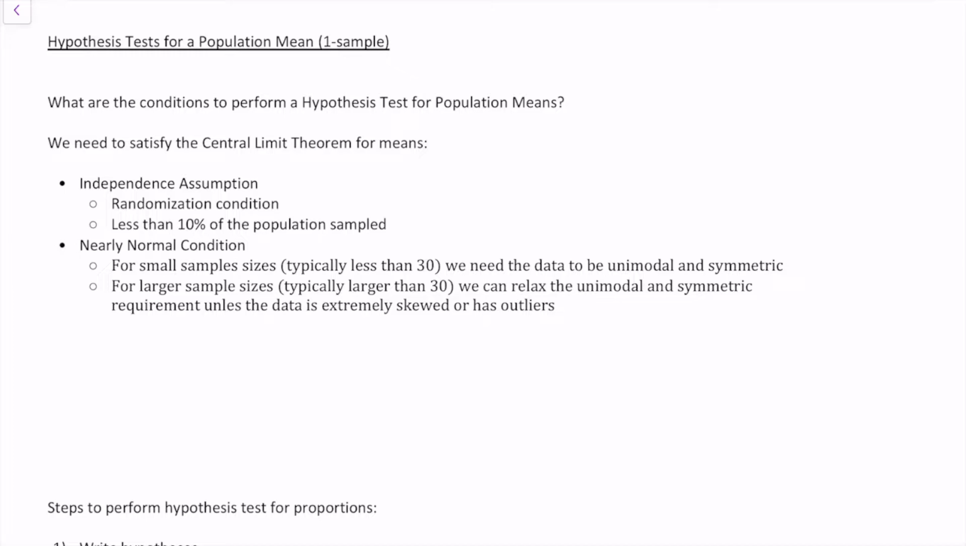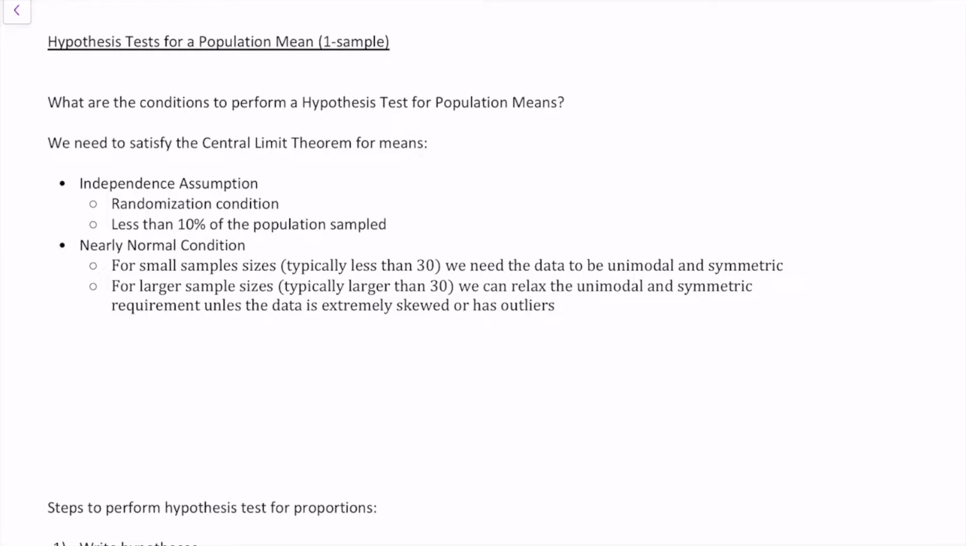met. And then for means, if you recall, instead of the success and failure condition that you needed for proportions, we needed a nearly normal condition for means. The way that works out is that for sample sizes that are small, typically less than 30, what we need is the data to be unimodal and symmetric. If you recall, for the mean we're going to be using the t-distribution, and the t-distribution works best whenever our data is unimodal and symmetric. However, due to the nature of sampling, for larger sample sizes, let's say bigger than 30 or 40, we can relax those unimodal and symmetric requirements